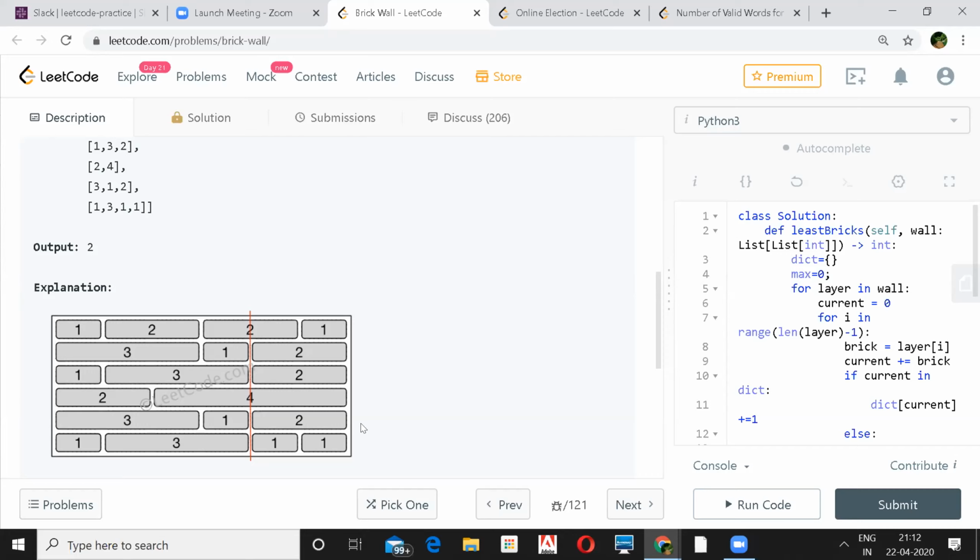Okay. So Arpit, when you say no intersection, what do you mean actually? Okay, so say if I choose width equal to 1, then in second row, no brick aligns with width 1, right? So it means there is definitely an intersection in that row. Intersection means the line will cross the brick. Okay, got it. So this was the rough idea of the problem.